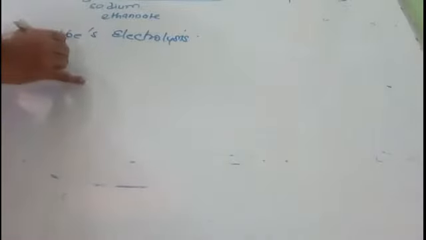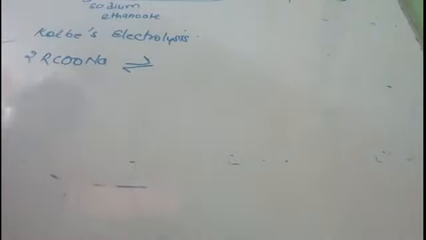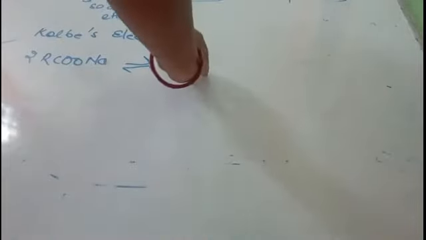Right, here we take sodium salt of carboxylic acid, and when we pass electricity through it, we will take 2 moles of this. So we will get here carboxylate ion